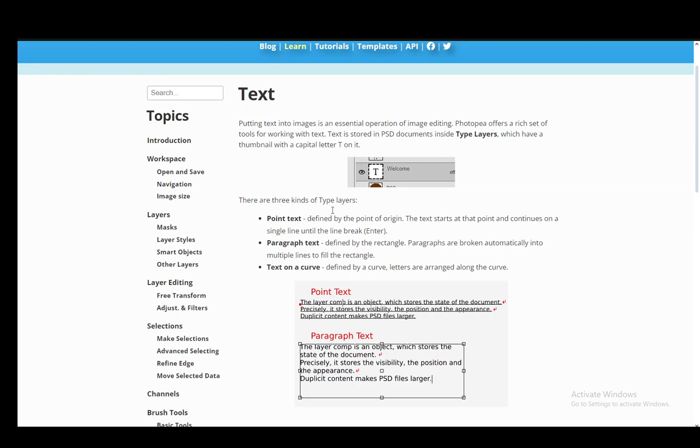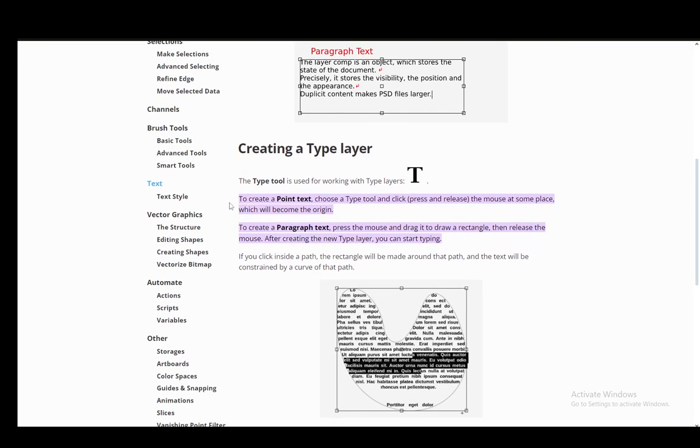Now, you have three different versions or three different types. One is the point text, the other is the paragraph text, and the third one is text on a curve. Now, to create a point text, what you need to do is just choose a type tool and click on whatever point of the screen or the image you would like. Once you click there, that will be the starting point of your text, and from there on it will write